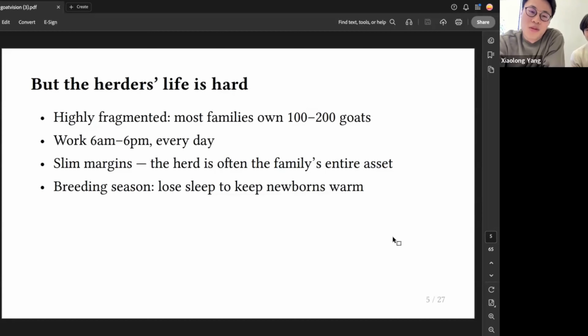And the worst thing about being a goat farmer is that every single year you have to make sure that breeding goes well, and that is really of the highest importance to a farm. And breeding often goes wrong because these newborns are really fragile, and sometimes you go to sleep at 3 a.m. in the midnight, and you think the newborns will be okay, but once you wake up an hour later, the baby's dead because of freezing or cold air. So it's as dramatic as it sounds. It's really a dire problem that we wanted to help with.